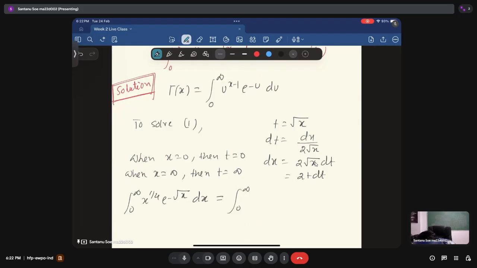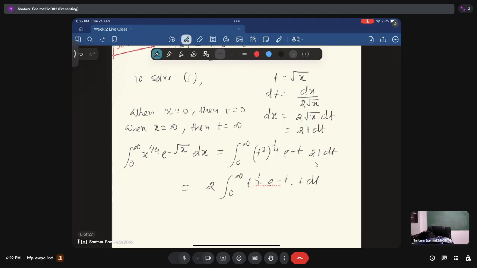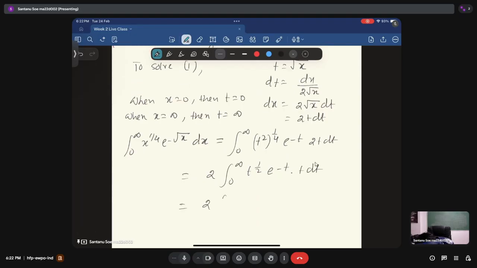And since x is t square, this will be t square to the power 1 by 4, and this will be e to the power of minus t, and dx will be 2t dt, correct? So 2 will go outside, this will be integration 0 to infinity t to the power 1 by 2 exponential of minus t into t dt. So this will be integration 0 to infinity t to the power 3 by 2 exponential of minus t